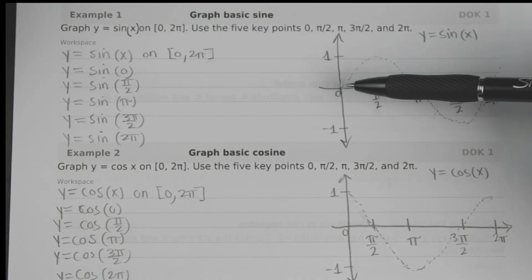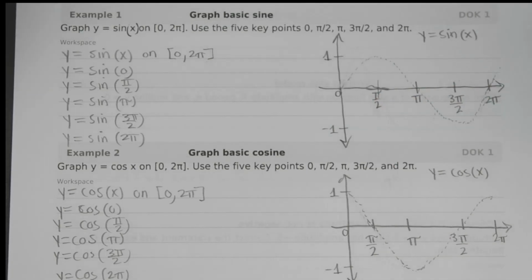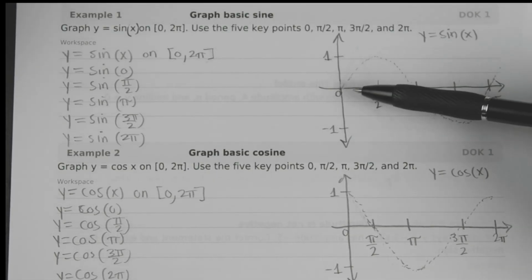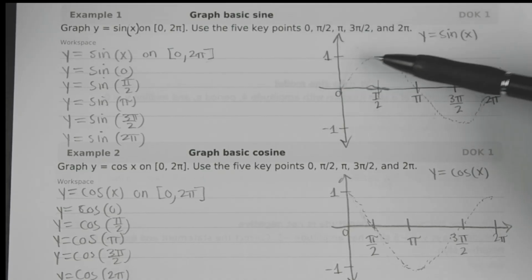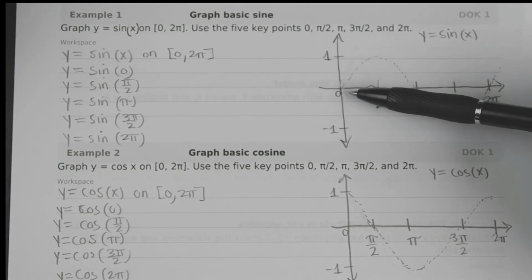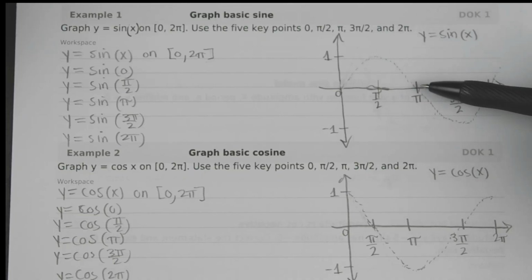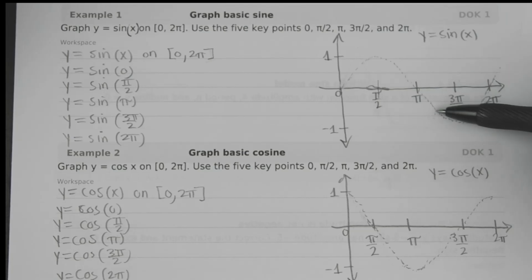Notice this one starts at 0, this one starts at 1. And we're going to look at it based on these intervals here. So the basic sine graph starts at 0, and it goes up to 1 up here, and then it returns to 0 again. So it starts at 0, goes up to 1, that's the amplitude, and then it comes down to 0, and then it goes down to -1, and then it goes back up again, and then it'll just repeat that cycle